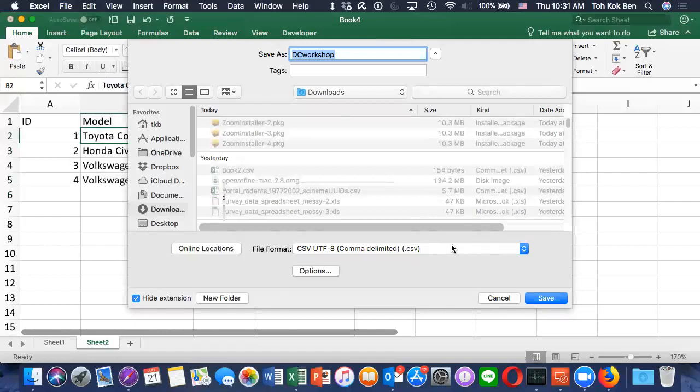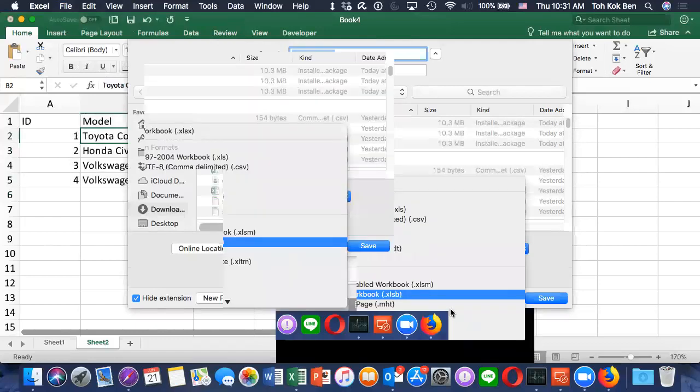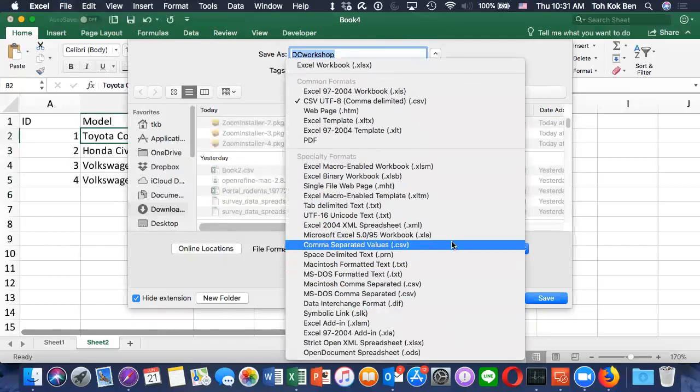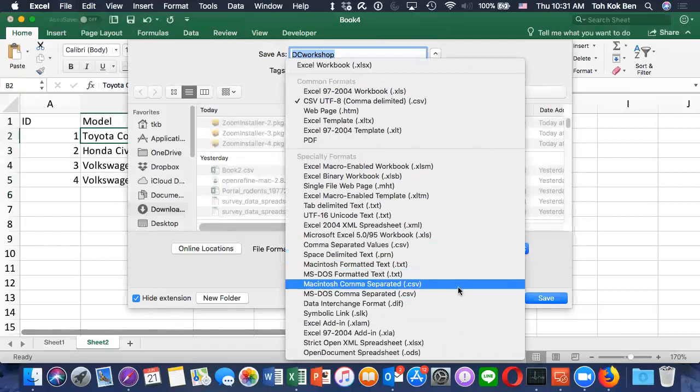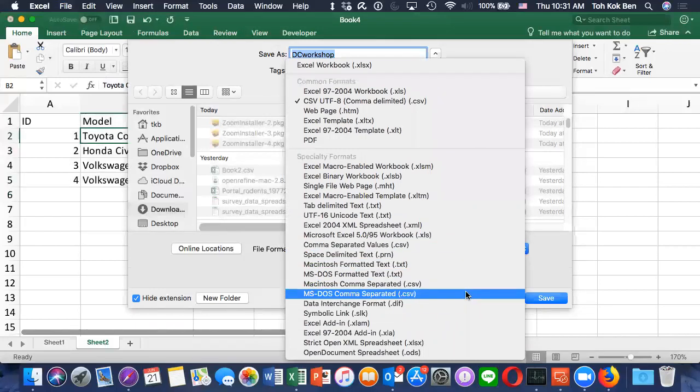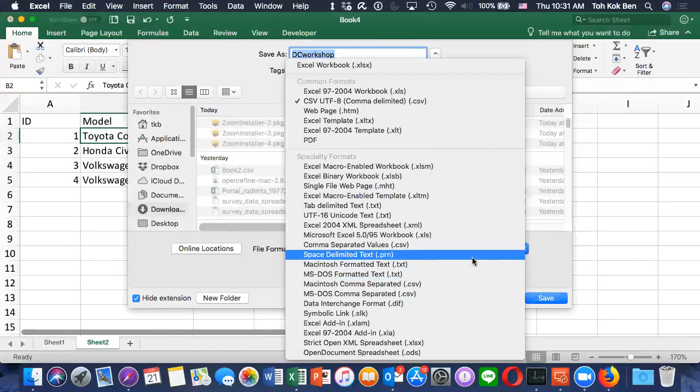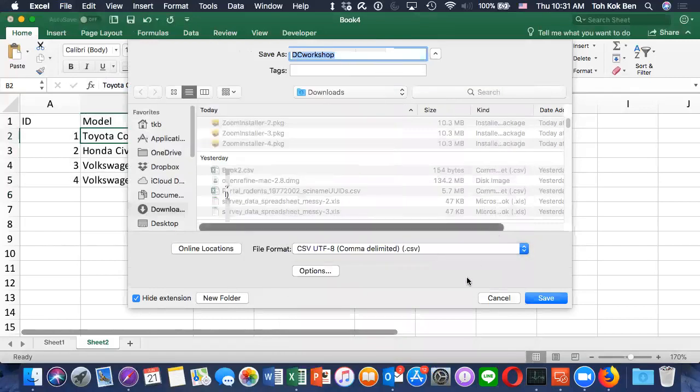These are all stored in the CSV format. But if you choose other types of CSV format, like comma separated values, Macintosh, MS-DOS, comma separated, those kinds of characters are not stored. I think you can even store emoji using the UTF. Yeah. So